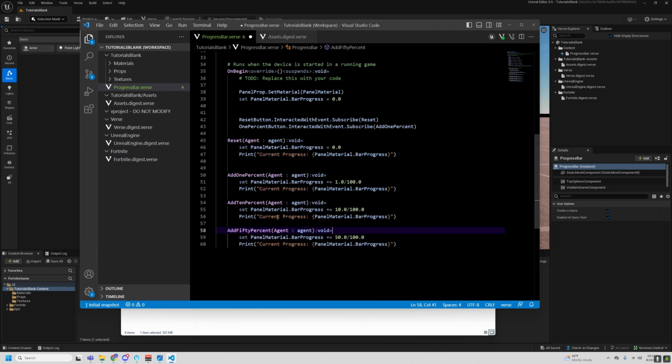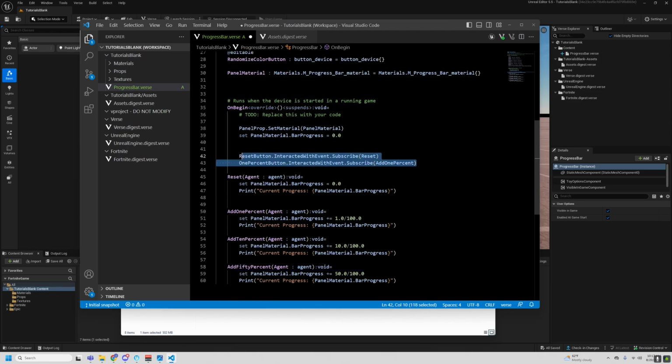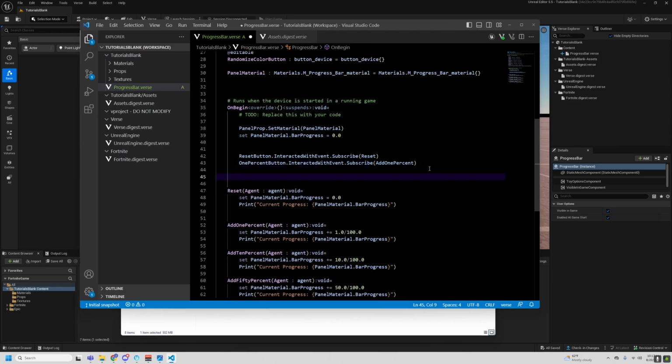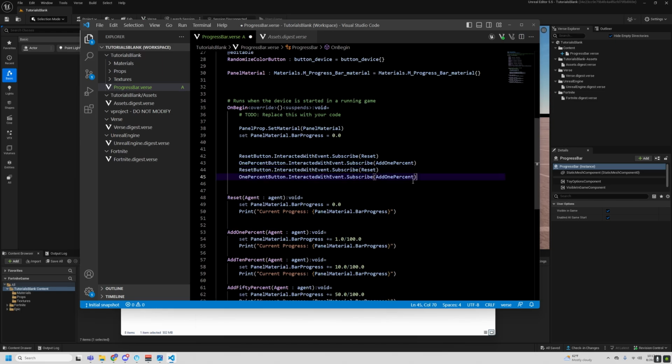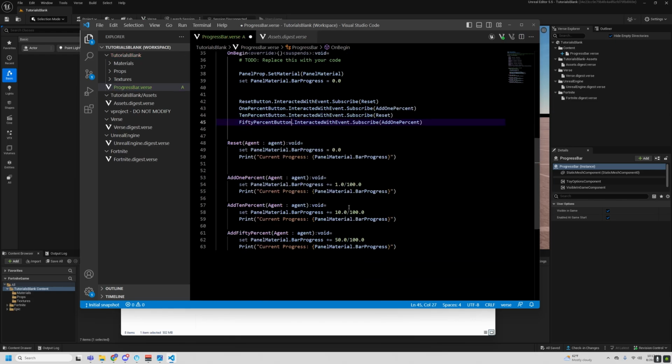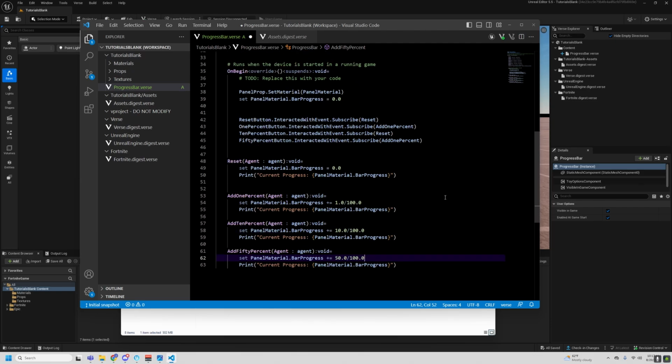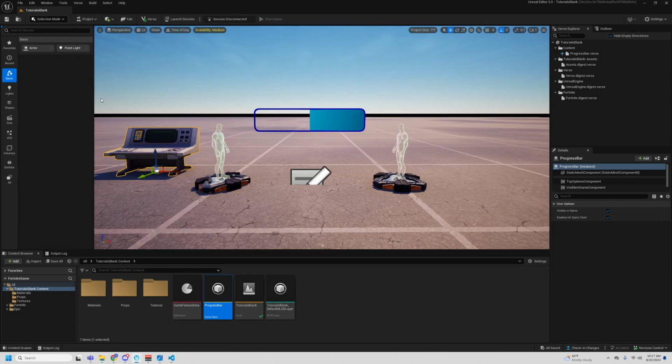So we can copy this back up here, copy both of these, and now for each of these other buttons that we're going to be adding, we can say grab the 10% button and the 50% button, and that looks right. So we're going to save this, Control S,